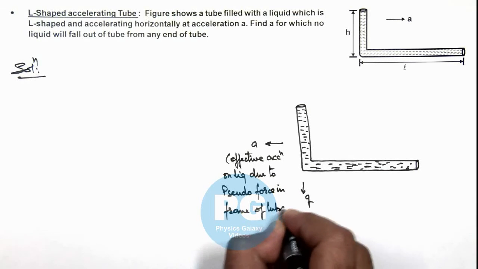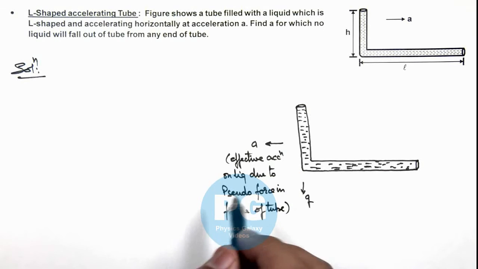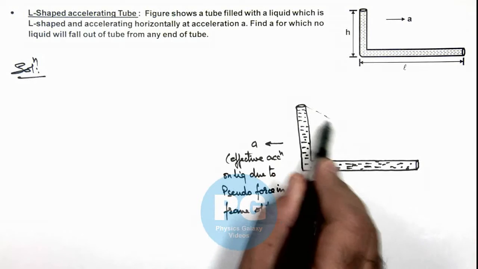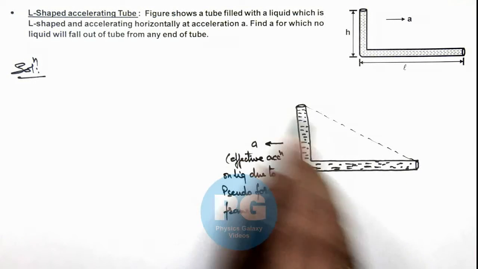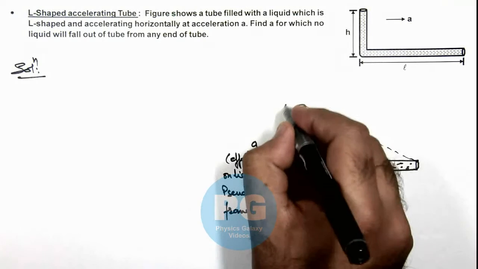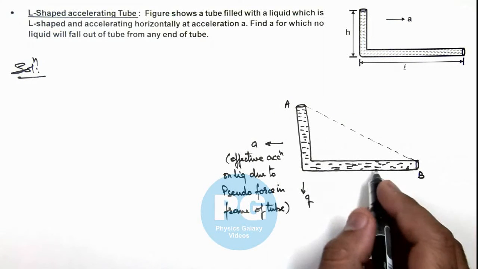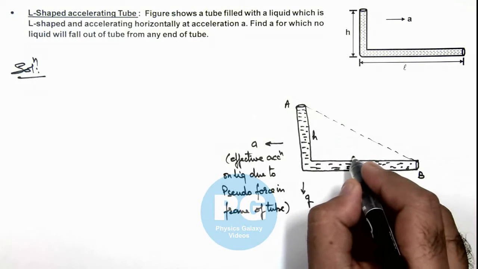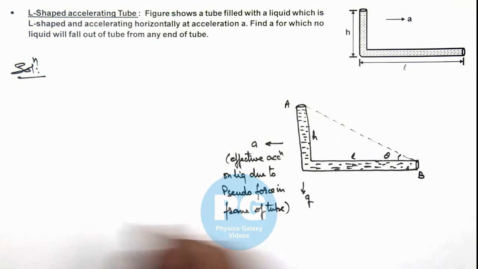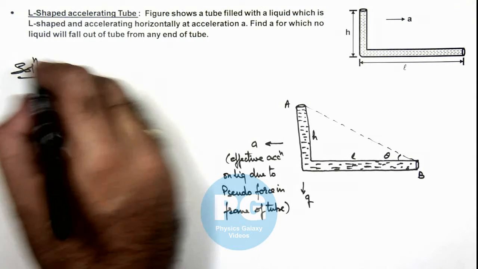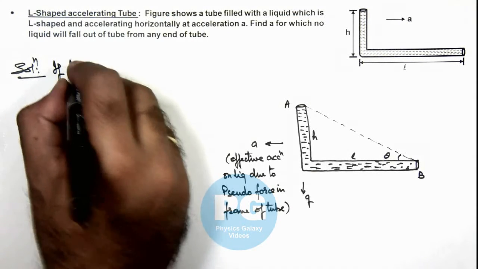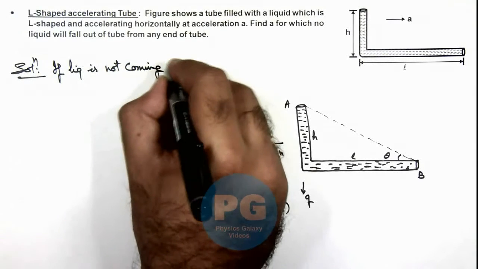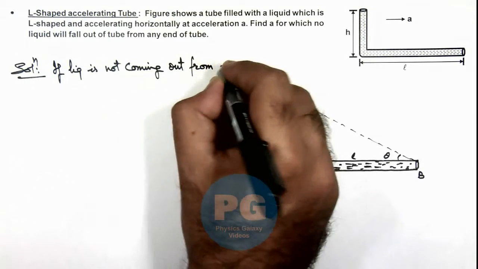This we already discussed. When both A and g are acting, the free surface of the liquid gets inclined, and it will get inclined in such a way that the free surface is along the line joining the two ends A and B of the tube, and liquid will not spill over from any end. So in this situation, as we are given this height as h, this is L, we can consider this angle to be theta. So here we can write, if liquid is not coming out from any end